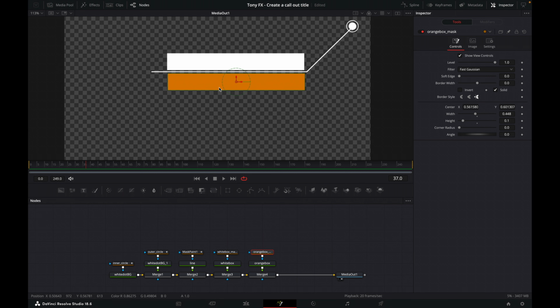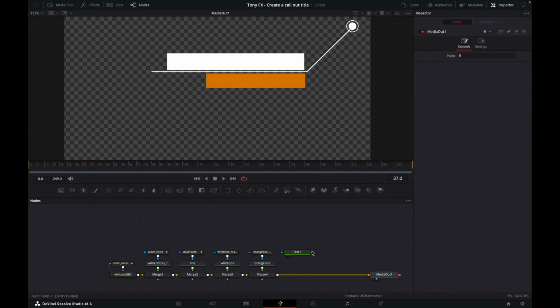And then what we want to do is to change the size here. So we will adjust our width. So let's bring our width down, and then bring it over here. And maybe let's change our height as well, slightly. Just slightly, just to give it a little difference. Okay. And now we can add our text. So let's add a text node, bring it into the flow, merge it in,